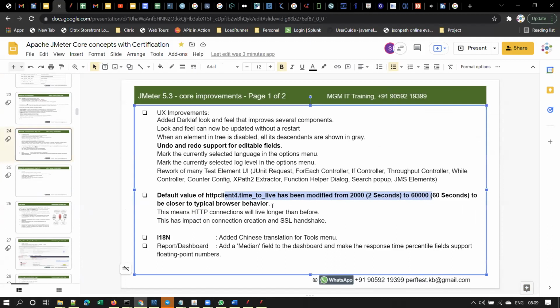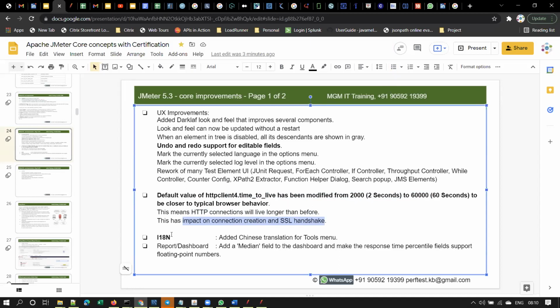This means HTTP connections will live longer than before, and this has an impact on connection creation and SSL handshake. So one major difference we observed with JMeter 5.3 is that they increased the HTTP client time to live, or connection time, from 2 seconds to 60 seconds. This is one important change between the older version and the current version. Even in 5.4, this is 60 seconds only.